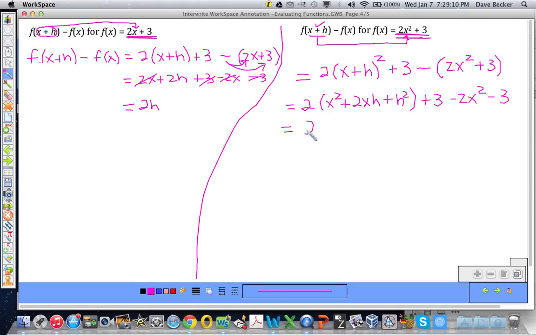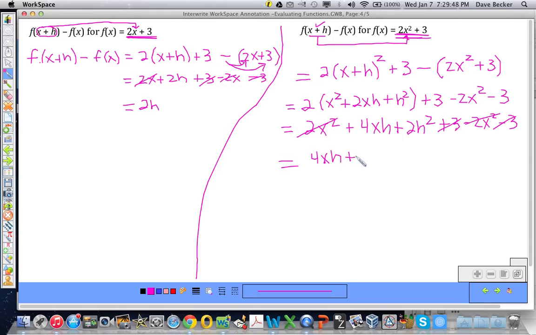So just a little more simplification, we're almost done. 2 times x squared is 2x squared, plus 4xh plus 2h squared, okay, plus 3 minus 2x squared minus 3. And now we're going to combine like terms. Let's see what happens. I have a 2x squared and a minus 2x squared. That combines to be 0. And I have a positive 3 and a minus 3. That combines to be 0. So I'm only left with